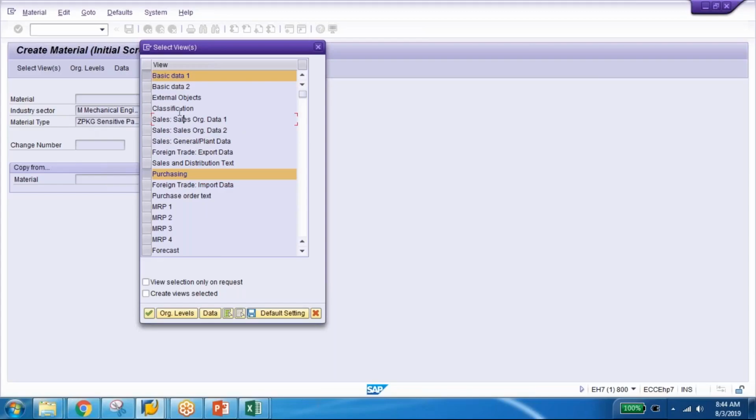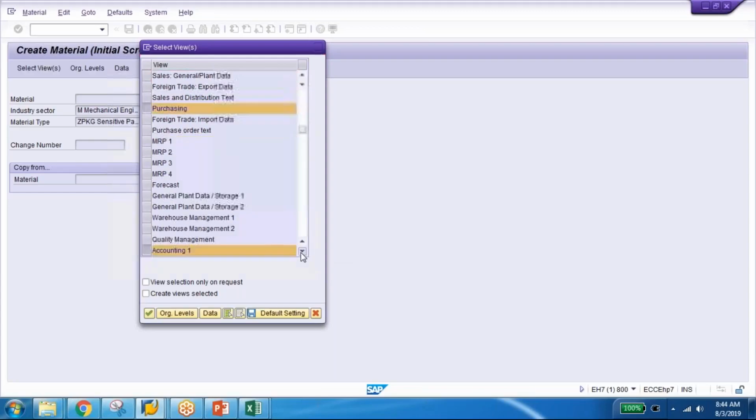Okay, the reason is, if you select other things, you might not know the values, so you will get stuck. Okay, so here these 3 views are selected, and then once you click on organizational levels, it will ask for the plant. Plant means,